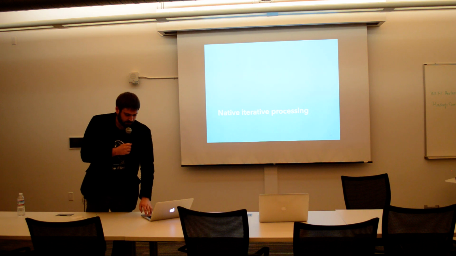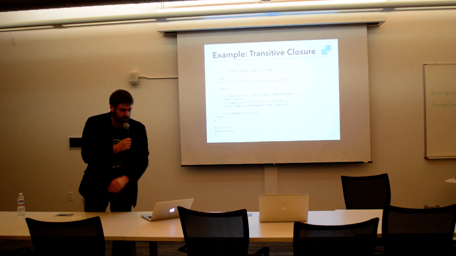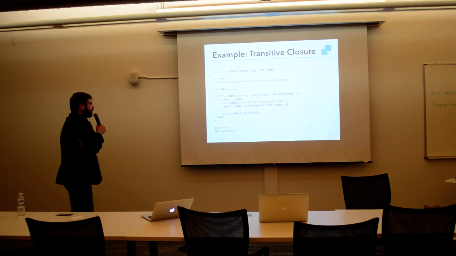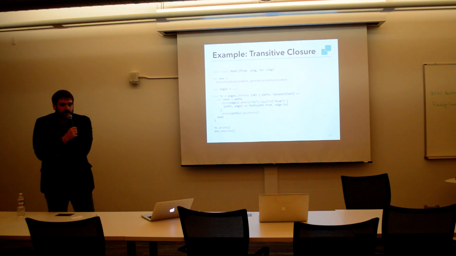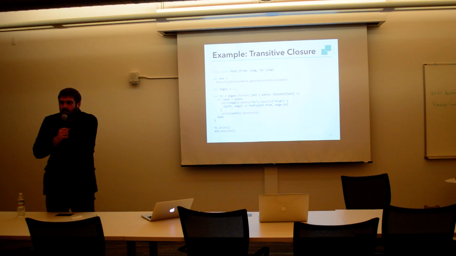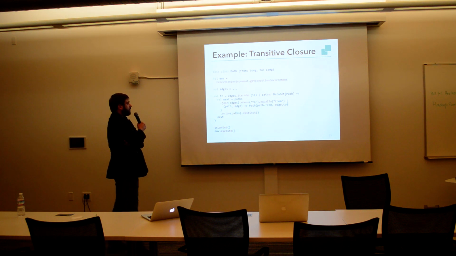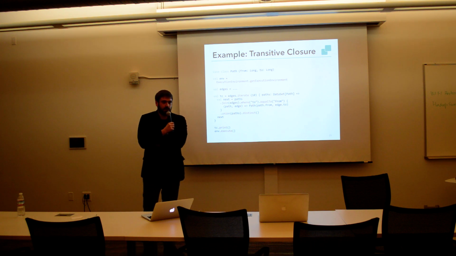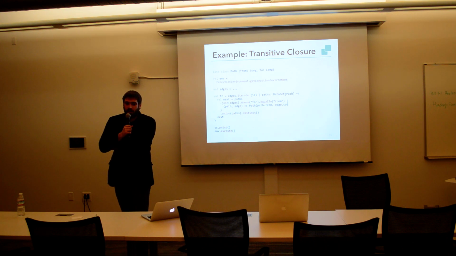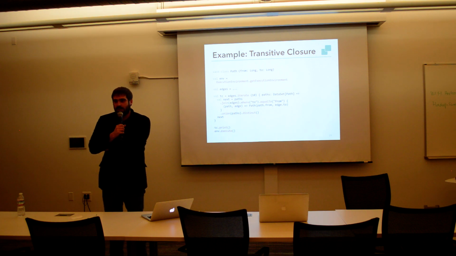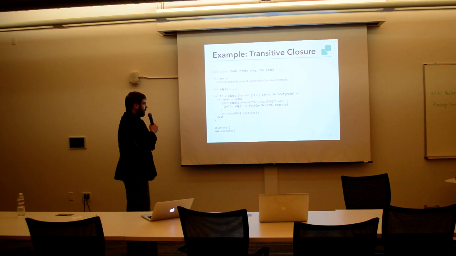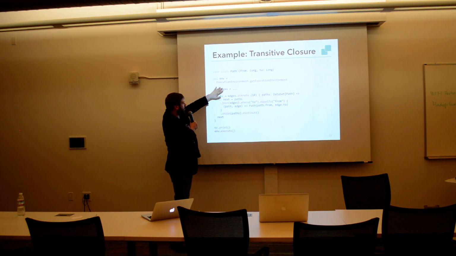Okay. Third point, native iterative processing. So this is an example of an iterative algorithm in Flink, probably the most basic iterative algorithm ever. We're trying to find the transitive closure of a graph, so whether a node is reachable by some other node. So what we do here is that we're going to get a data set called edges, which is essentially